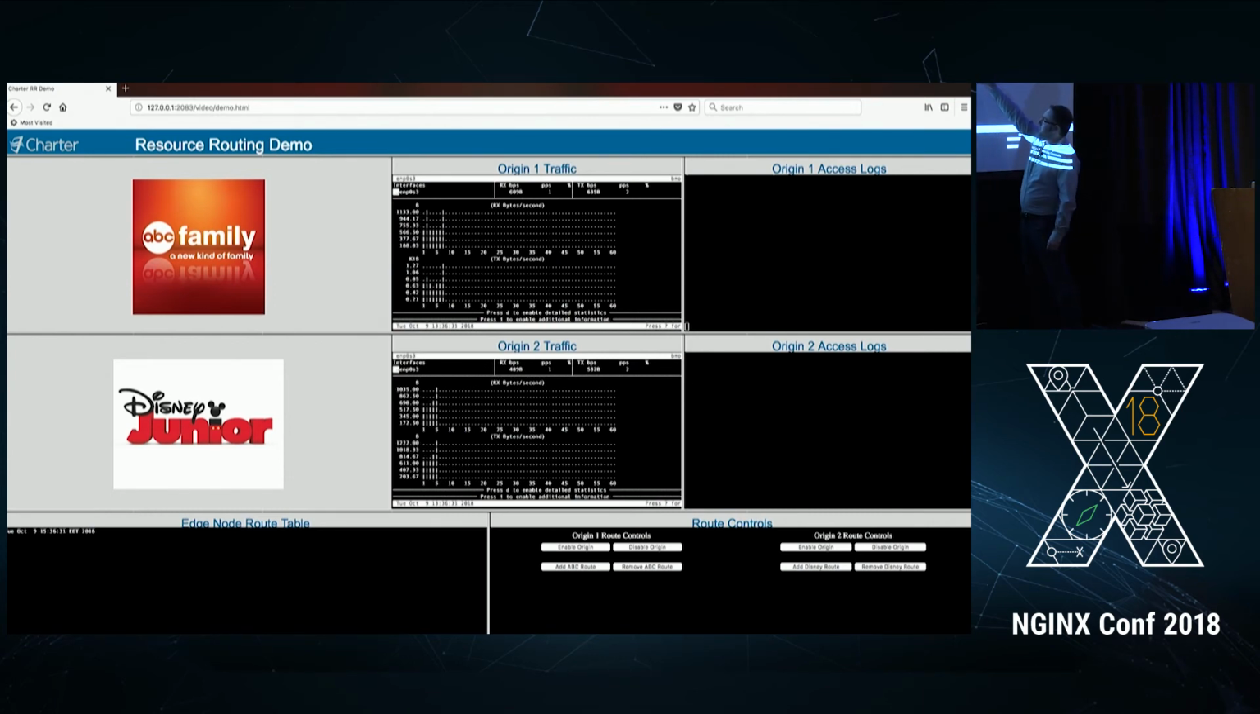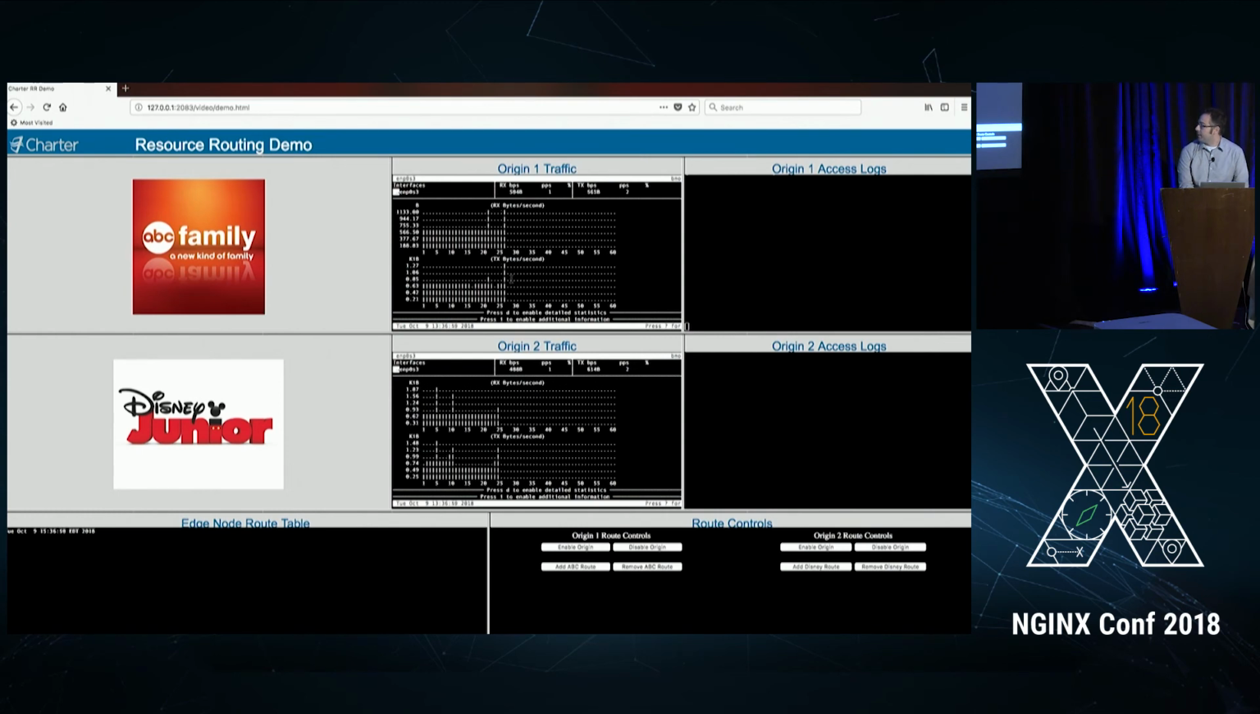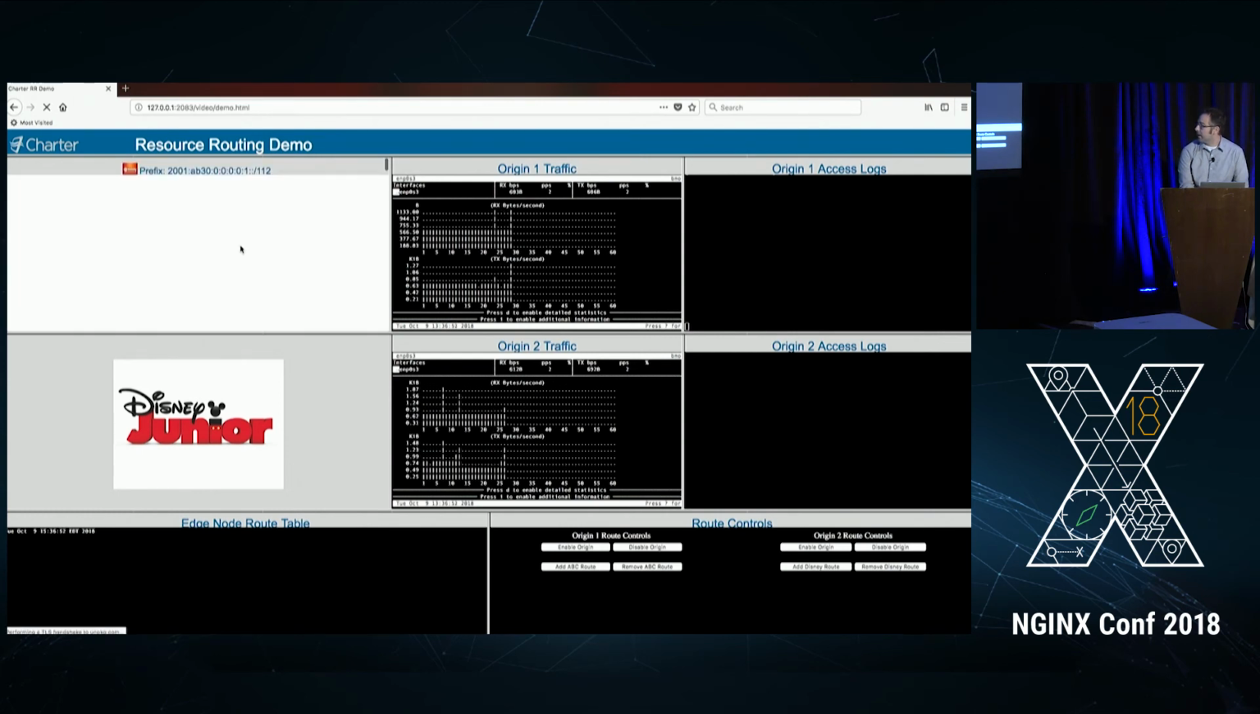Okay, what we have here are the origin servers, origin 1 and origin 2, and this is their traffic load. You can see it's bytes right now, not much. These are the access logs from the two origin servers. This is the edge node routing table. You'll see it's empty right now. There's no routes in it whatsoever. And I have two video streams, an ABC Family and a Disney feed here. So right now, there's nothing in the routing table, which means